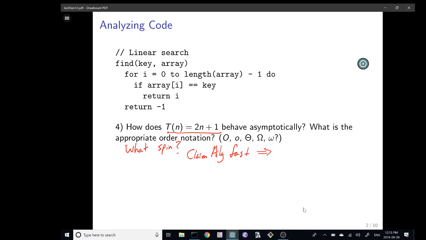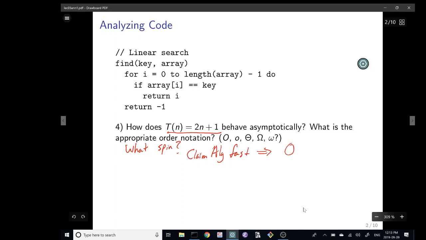I'm going to claim it's quick. Yeah. Big O, because you can just say big O of n, and c times n can be greater than 2n plus 1, and it shows that it's smaller, which makes it look faster. Yes. That's exactly right.